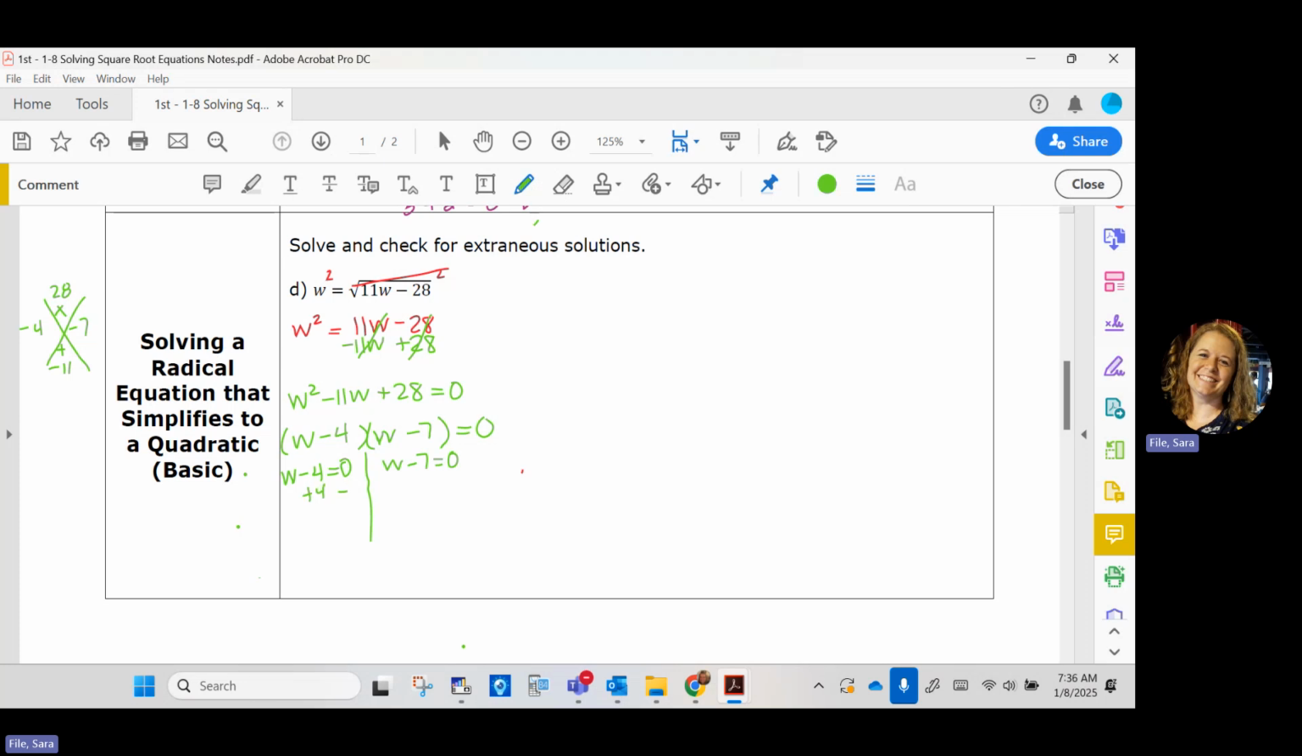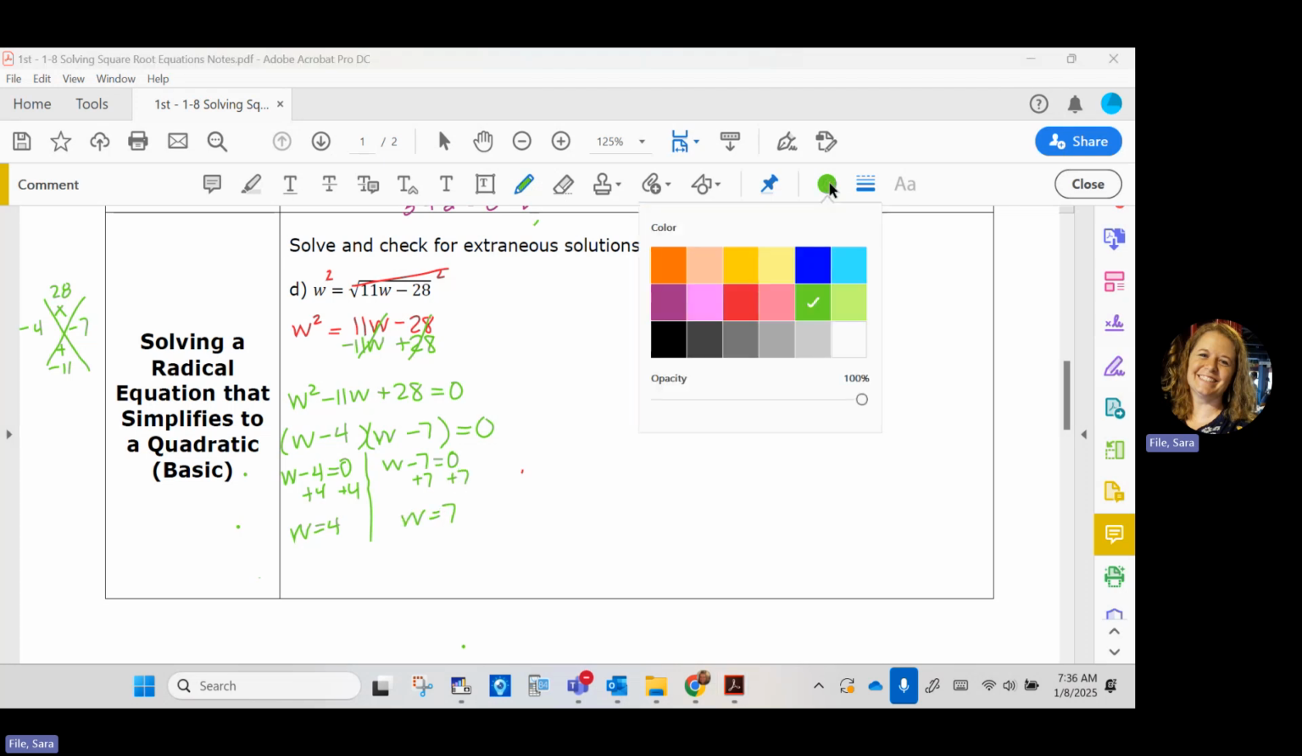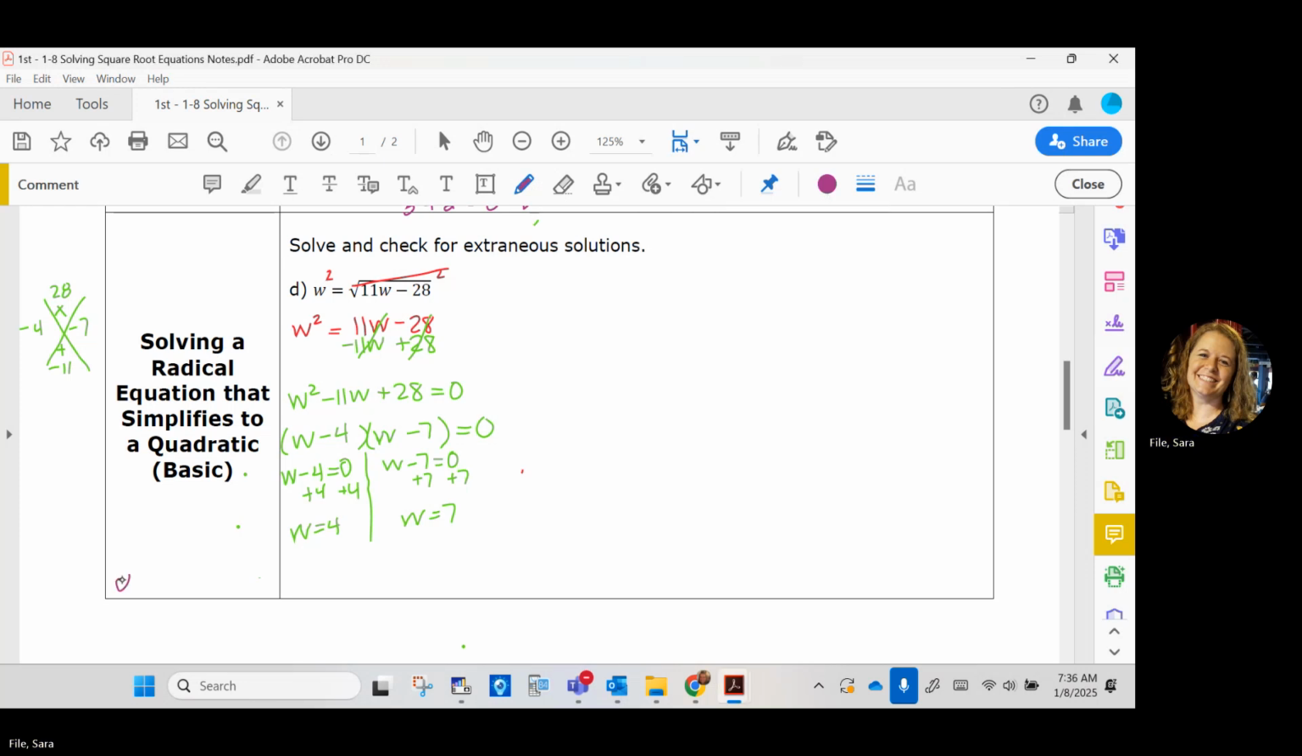So over here, I would have to add the 4 over, so I get w equals 4. Over here, I would have to add the 7 over, so I get w equals 7. So now I've got 2 solutions to check. So I'm going to check the 4 first. So 4 equals the square root of 11 times 4 minus 28. So 11 times 4 is 44, minus 28